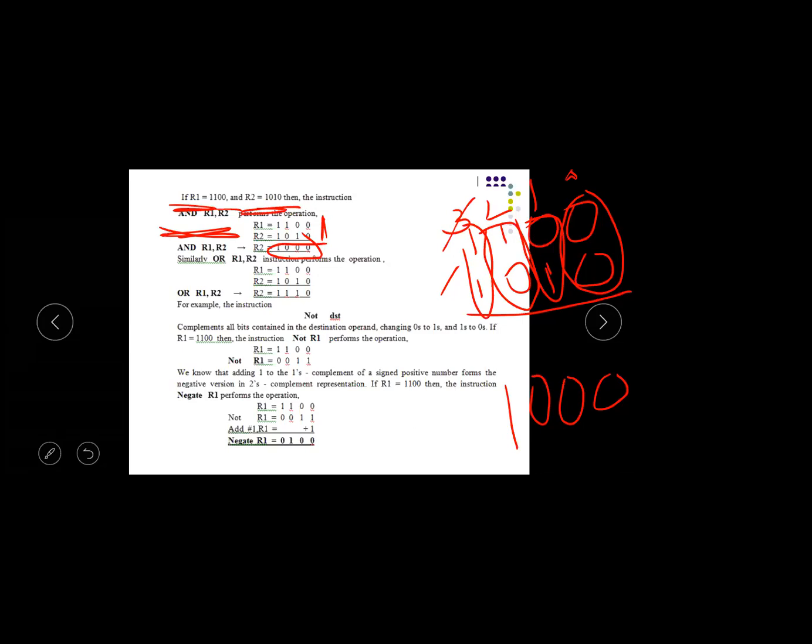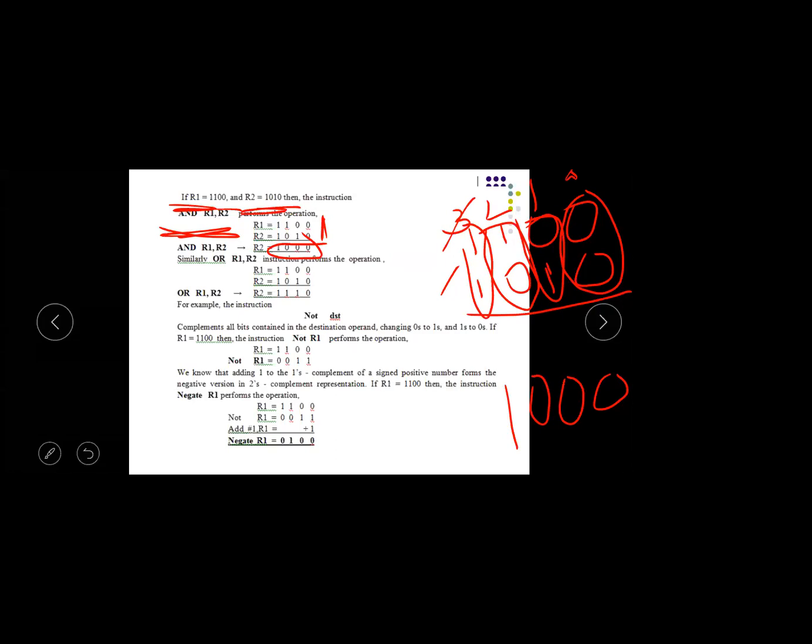Just simply perform that operation, either AND, OR, exclusive OR, XNOR, NAND, NOR, everything. All these operations are performed between the two registers. How do we perform that operation between the two